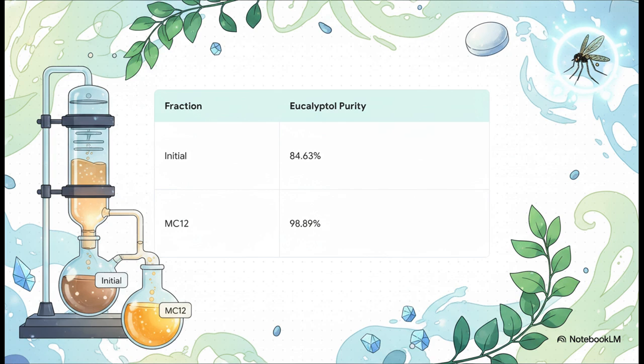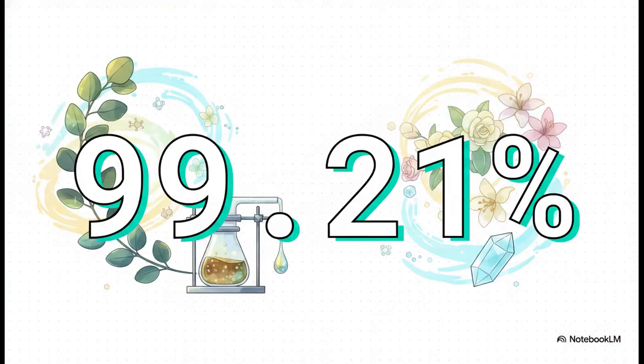After running it through that dynamic distillation column, Dr. Chem successfully isolated a main cut fraction, MC12, with an absolutely incredible 98.89% purity. But the experiment pushed things even further, tackling the highly complex eucalyptus citriodora oil. Even though this oil has over 11 competing components, the dynamic distillation model allowed the lab to hit a stunning 99.21% purity of isopulegol. This specific molecule is a hugely valued intermediate used for making blossom fragrances and menthols, all